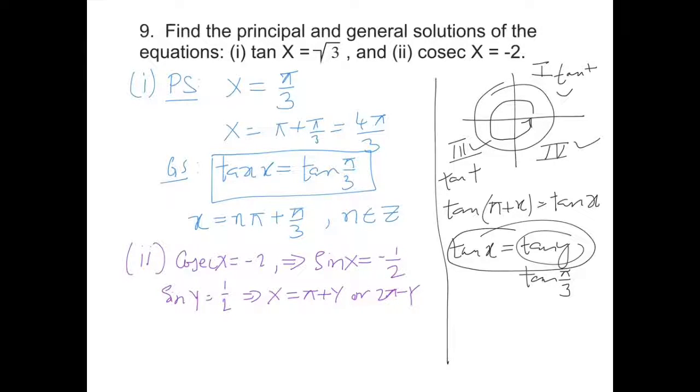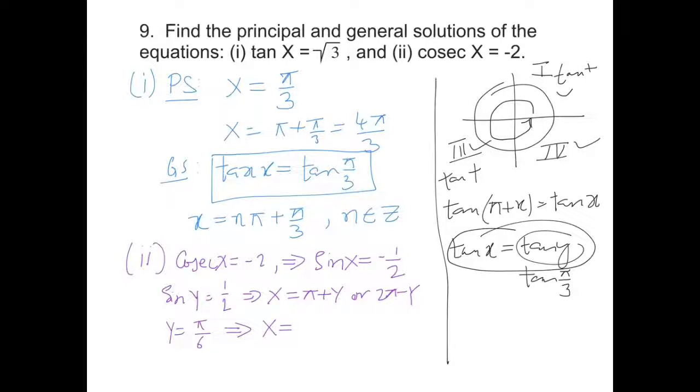And we know that sin of pi plus y would be minus sin y, and sin of 2 pi minus y would be also minus sin y. Now we already know that if sin y is equal to 1 by 2, one possible value of y in the first quadrant is pi by 6, that is 30 degrees, and therefore the principal solution for x would be